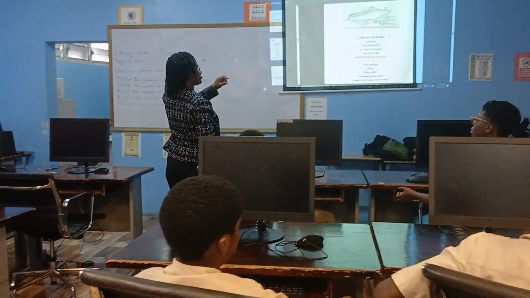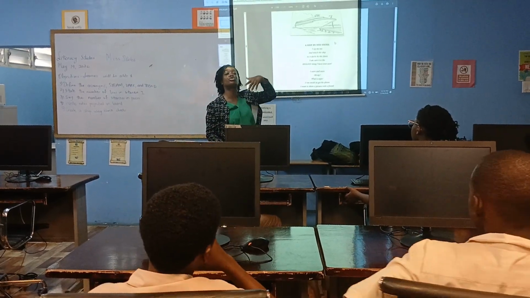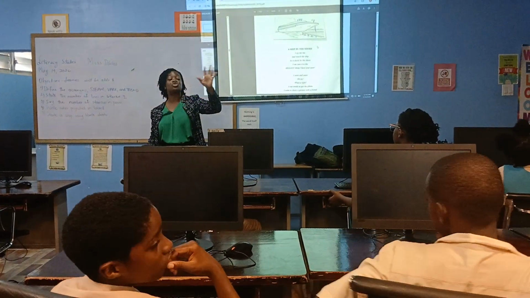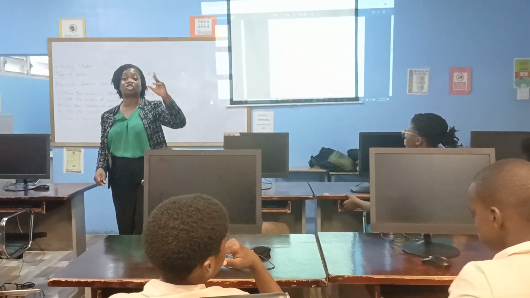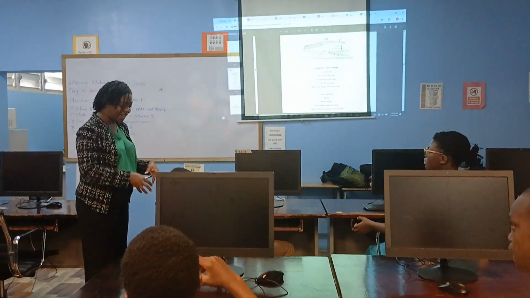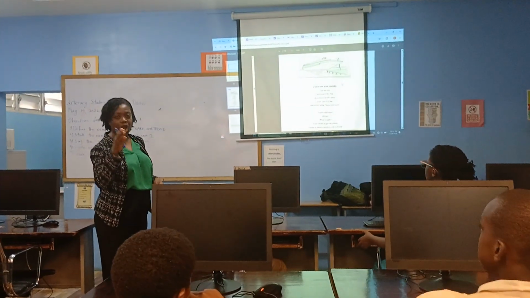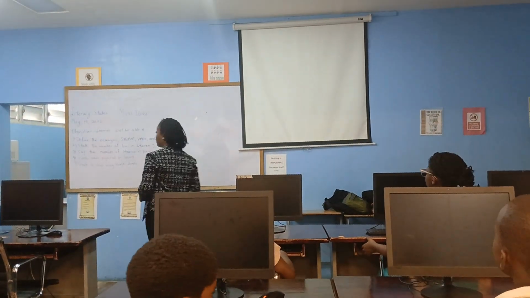Very good. All right. So when you drop the anchor, it prevents the ship from drifting away. So if there's a strong storm during the night or a strong wind, the anchor serves as a means of parking it, keeping it in strong currents. Very good. I like your language.